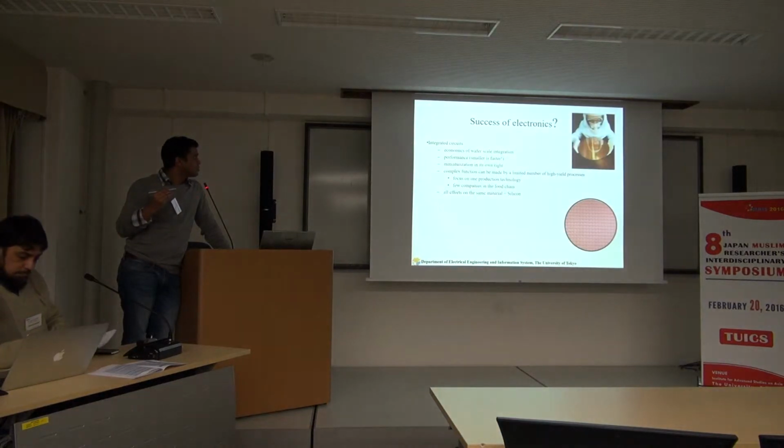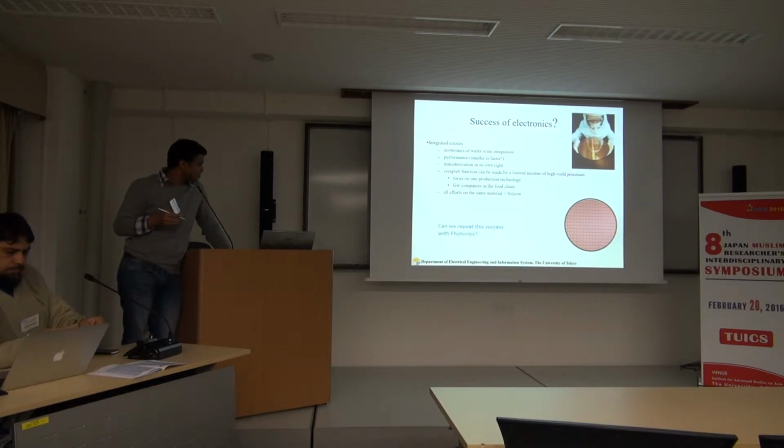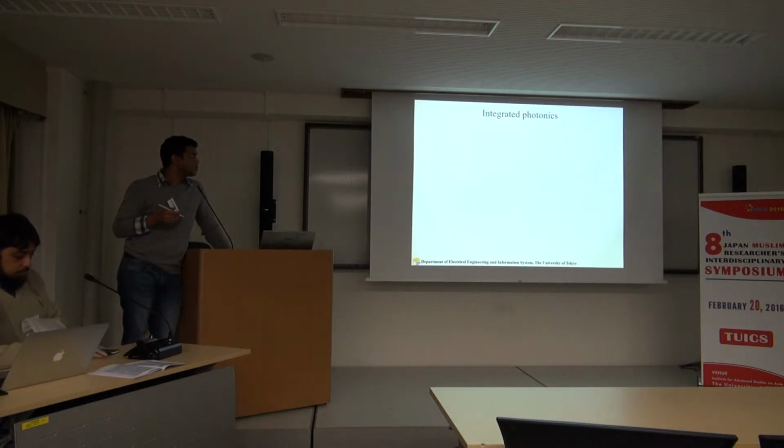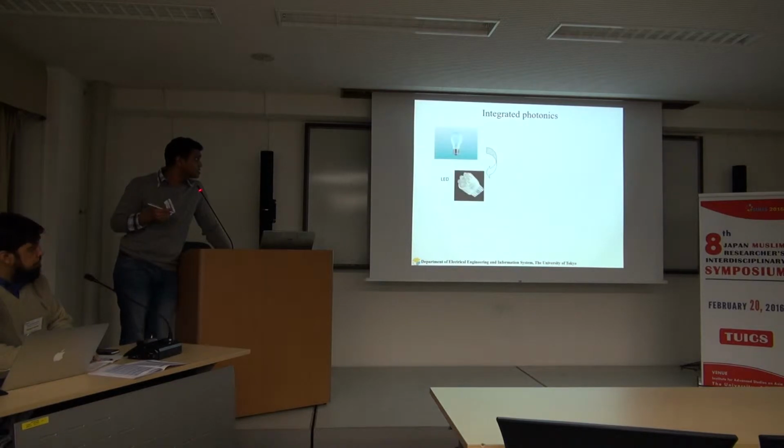Okay. So why is electronics so successful, and why we could not replicate it in photonics is a big question. One of the advantages you have is the economics of wafer scale, the performance. And a lot of effort has been focused on one particular material, which is silicon. So it can be repeated in photonics. We haven't been able to do it so successfully for the past 20 years. Now, a few of the reasons is because not much of the focus is on one particular material.